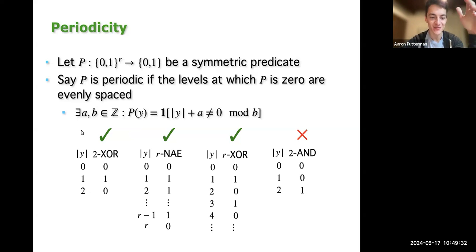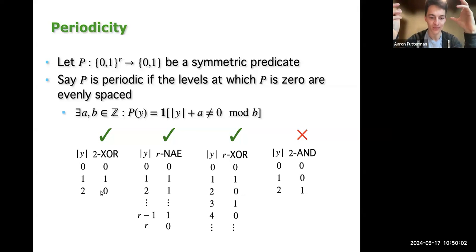If we look at this in terms of examples, the 2 XOR function, we would consider to be periodic. The period is 2 because at every even number, the XOR function will evaluate to 0. If we parameterize this in terms of the levels of the function, when it's an XOR operating on a bit string of weight 0, it'll always evaluate to 0. When the weight of the string is 1, the XOR will evaluate to 1. When the weight of the string is 2, it'll again evaluate to 0,